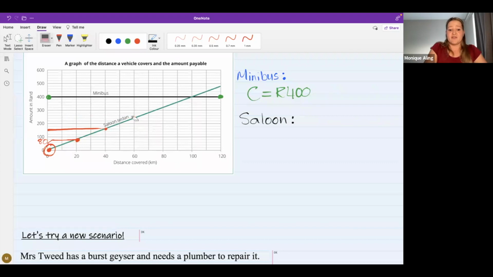So to work out the general formula, normally you need to know what it costs per kilometer, because if I know what it is for 1 kilometer, I can work out what it is for any amount of kilometers. So it's always good to know what the price is of one thing. So whatever we're looking at, in this instance, we're looking at kilometers. So it's good to know what 1 kilometer is equal to,